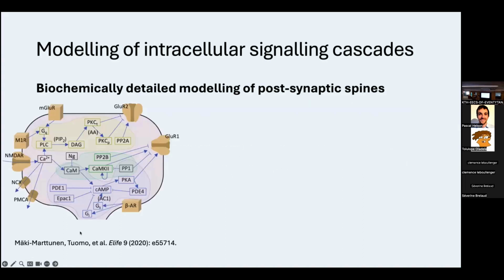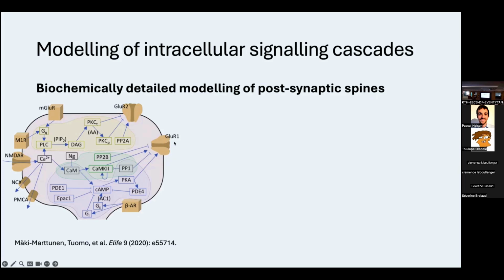And here's a figure from a paper from 4 years ago, where we created a kind of a unified model for postsynaptic plasticity in the neocortex. And here we introduced 3 different pathways. We have the PKA pathway, which needs calcium input and cyclic AMP producing inputs, so for example, beta adrenergic receptor activation. And that leads to PKA activity, and PKA phosphorylates AMPA type 1 receptors, so that it's more likely to be